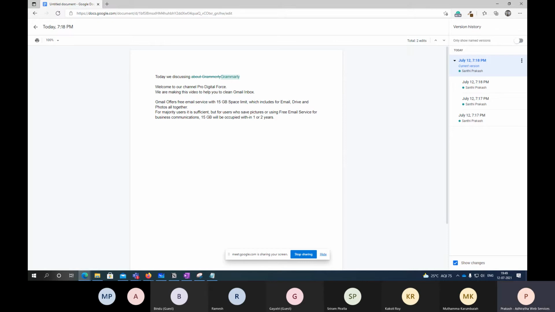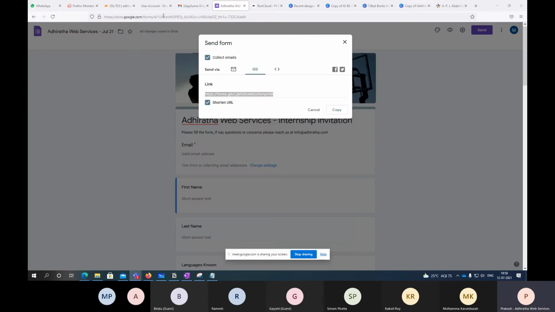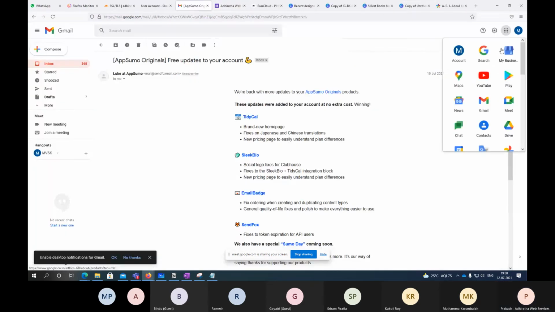Now, if I have to send it to you, I have to compress all those 30 documents and send it to you because you want to see what are the changes I've done in the last 30 days, right? But using these features here, you need not worry about that. You'll be maintaining all these versions. Now, tomorrow, how many you worked? Maybe I'll show you a few of our students, what they did.